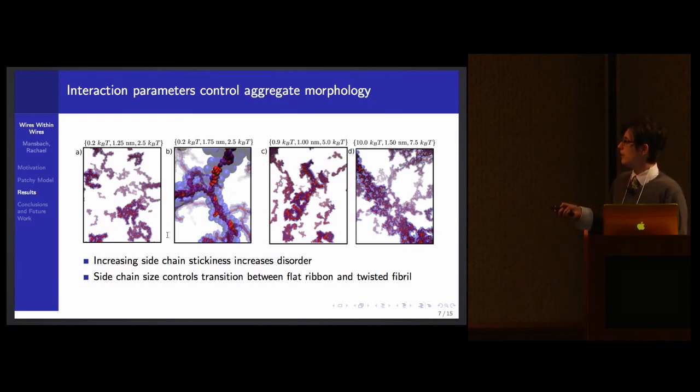If we look at these three, this middle one has quite large side chains. These two have pretty small side chains, and you can see that for the smaller side chains, we're forming much more of these flat stacks and bundles compared to this kind of twisted fibril that we form for these large side chains. So to describe this a little bit more rigorously,